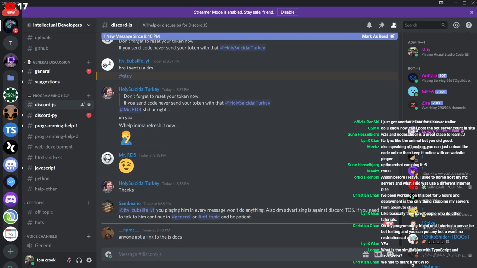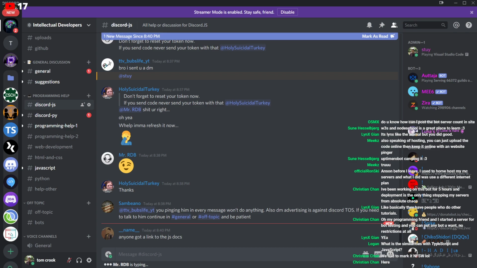What are the similarities between TypeScript and JavaScript? Well, Logan, TypeScript is just JavaScript, but with a bunch of other features. Now, if you're asking what is the difference between TypeScript and JavaScript, that would be a question most people would be able to answer. Because as for similarities, TypeScript is just the same thing as JavaScript. It just has more features to it.